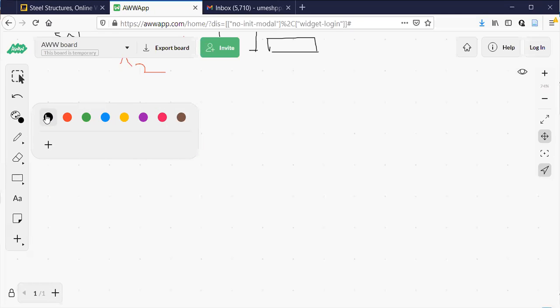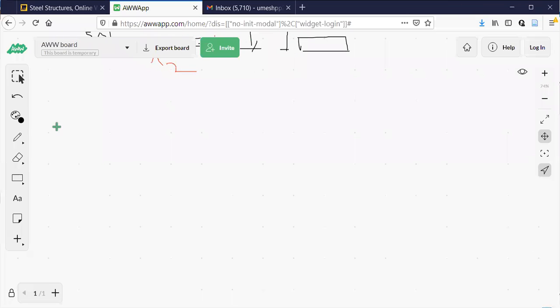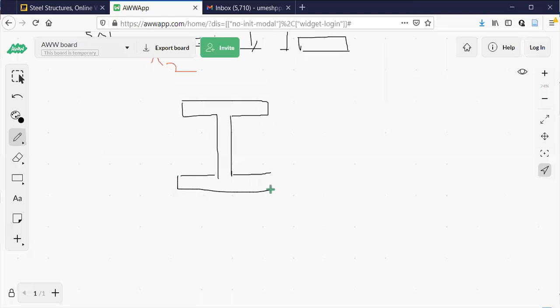This concept I'll explain with one more example. Just observe. I'll take three I sections. This is one I section I am drawing here. Top and bottom flanges have the same dimension. In that case, what will happen to the centroid? The centroid will be somewhere here only.